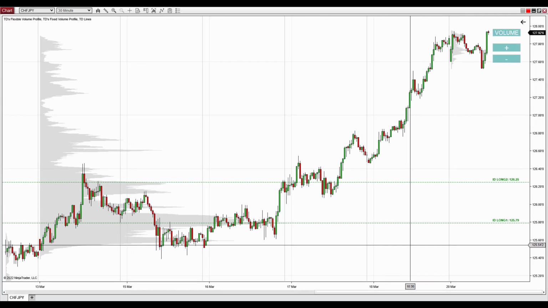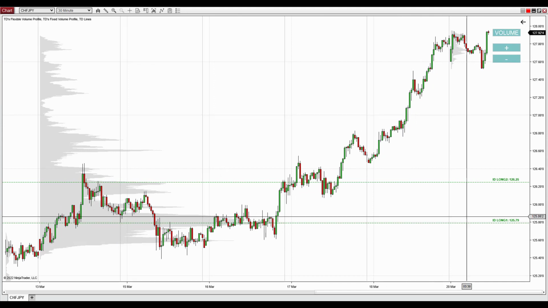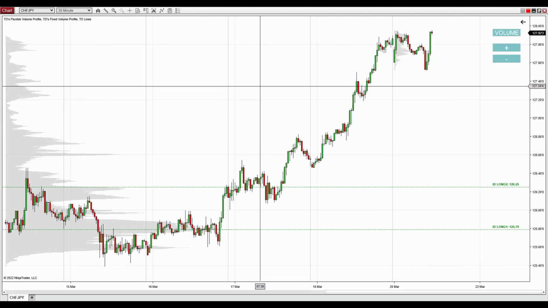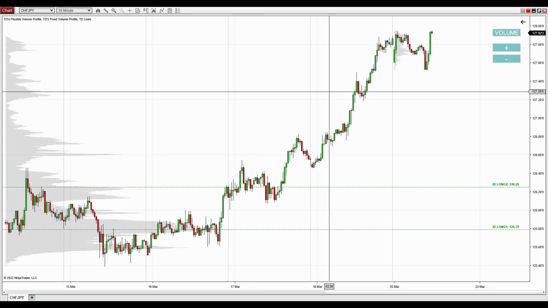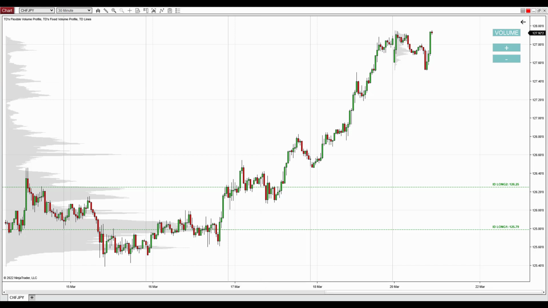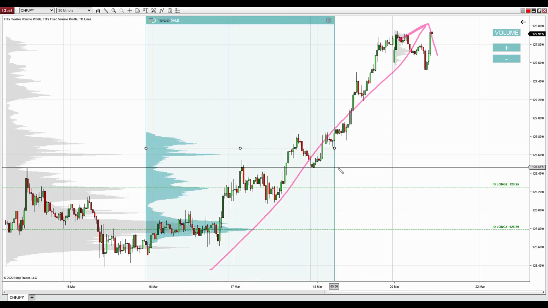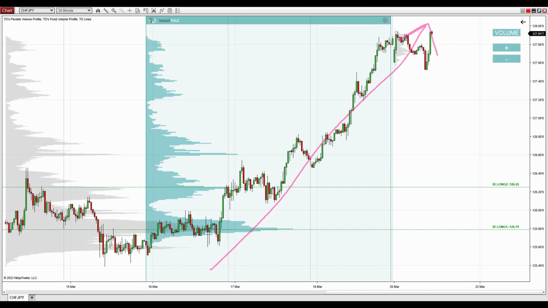So this is a 30-minute chart of the Swiss franc Japanese yen, and in this case it is very similar as in the previous one. There's a volume accumulation setup and also a trend setup. So the same two setups. This is a strong uptrend, right? The same as in the previous case. Now, if I use the volume profile over the whole trend area, then